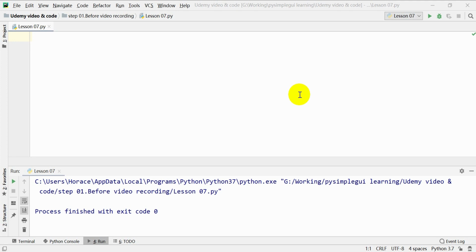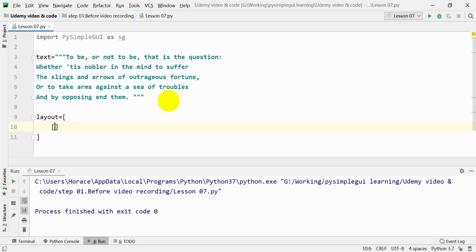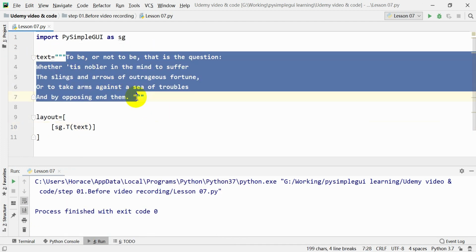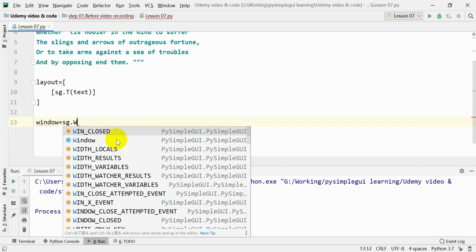First, let's import PySimpleGUI as sg, and then we can make a text. It can be something from Hamlet, like "to be or not to be." Then after this, we can write the layout, and inside we can write the text as the text, since this is the variable, so it'll say all of this. And then after this, we can write the window